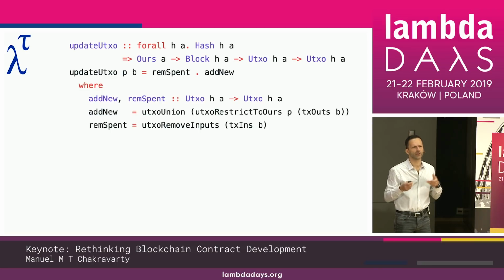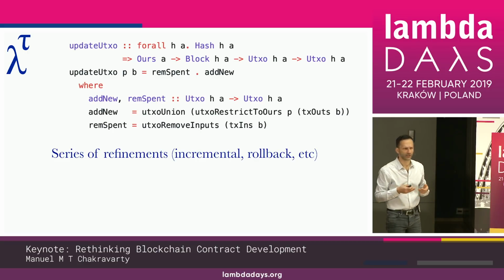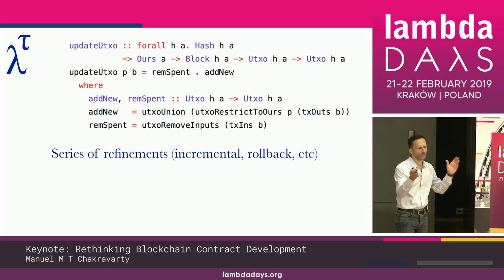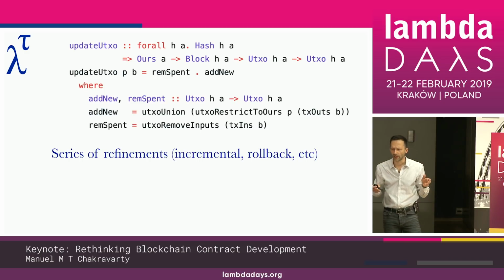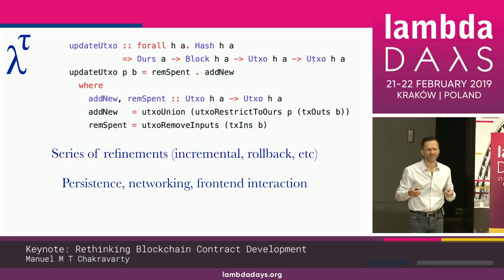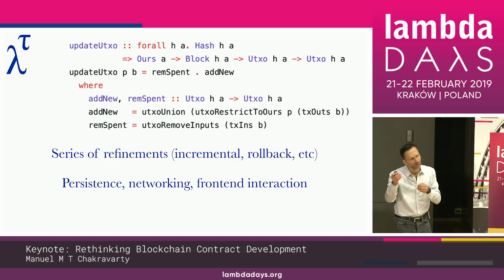It has to be incremental. Like, new transactions come in, it has to update some data structure. It has to deal with rollback, which is to do with how these cryptocurrency protocols work, and so on. Then there are networks. It has to persist stuff in a database. All these things make the code much more complicated, much harder to see that it still corresponds to this mathematical description of the algorithms.